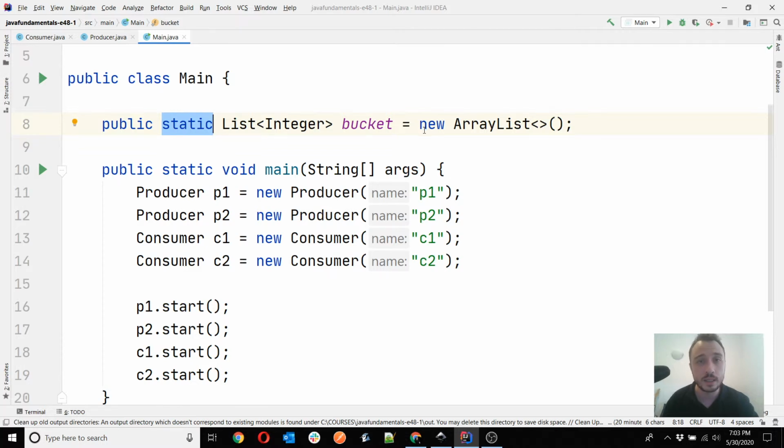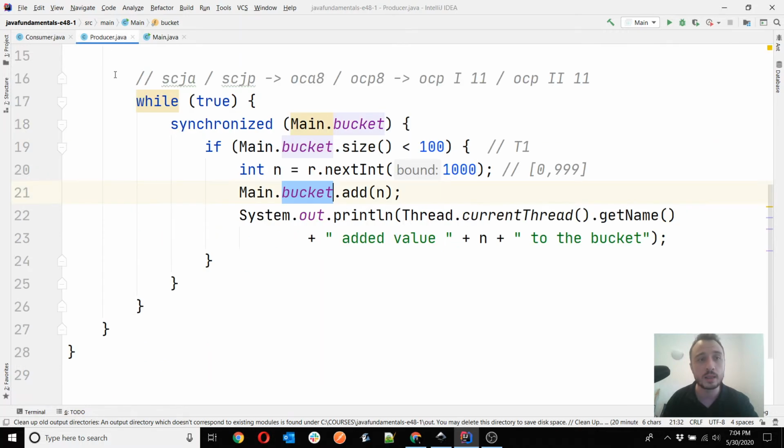And that's why what we confront here is a race condition problem, for which we had to use synchronized blocks to make sure that whenever somebody works with the list, only one thread at a time does, which will be either a producer or a consumer. You cannot have two threads at a time trying to access the same resource, which is the list we have called the bucket, in which we throw random numbers and from which the consumer takes out those numbers and prints them out in the console.